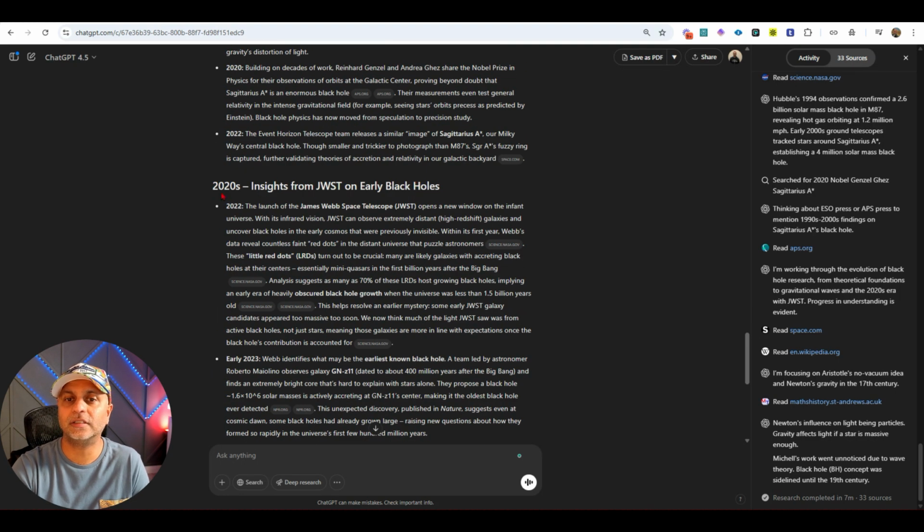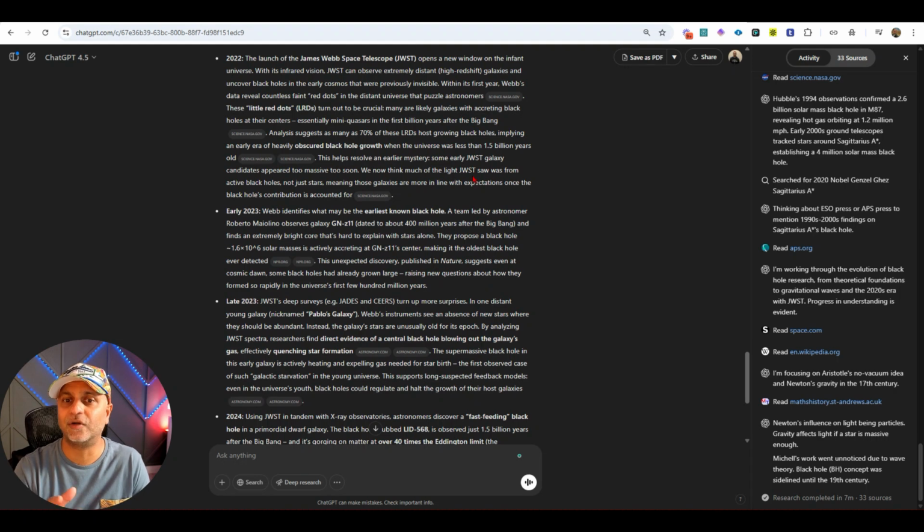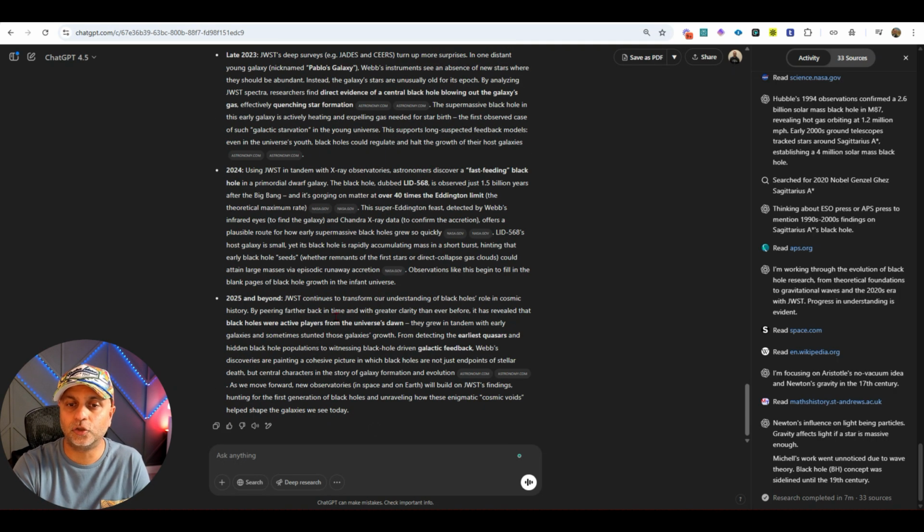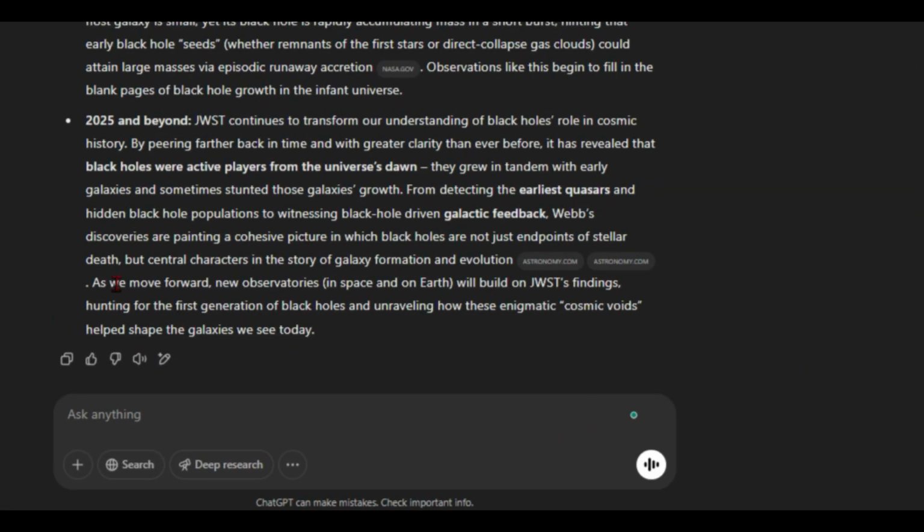And then it also tells us insights from JWST on early black holes. That was some of the theoretical part that I wanted to see if it will capture, and it surely did up until 2025. So I'm just going to read this last paragraph and highlight some of the key points of those researchers from JWST. All right, so interesting insights from 2025, and here you can see it says,